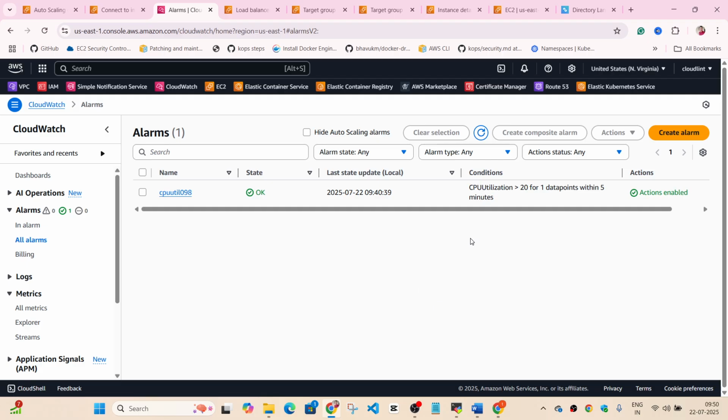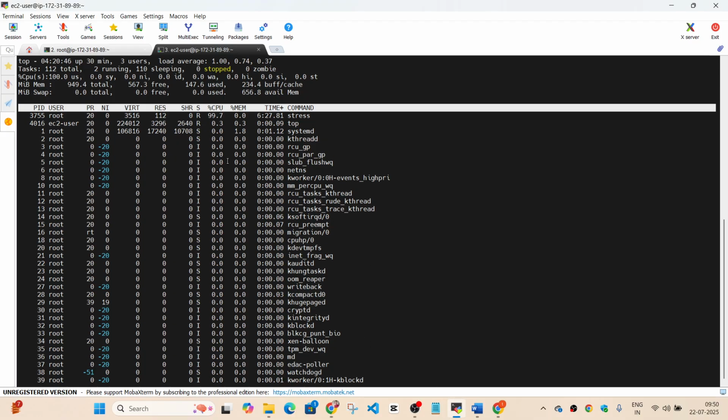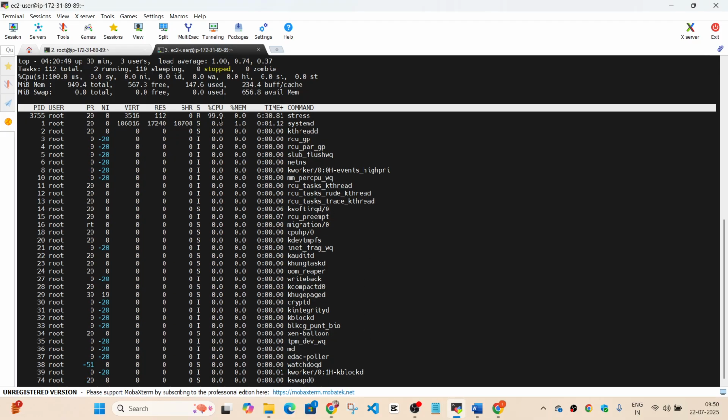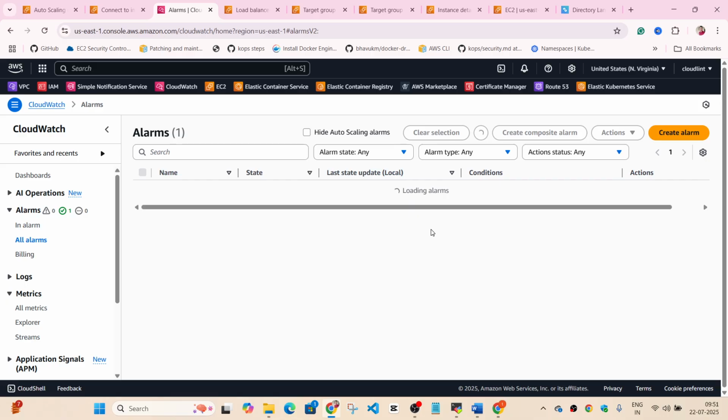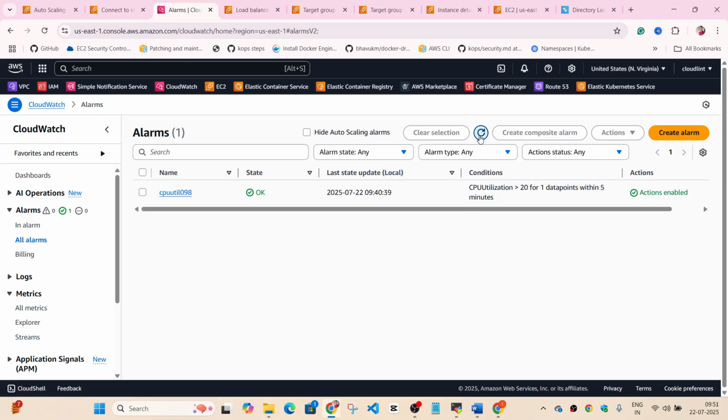I hope that there's no issue today, because yesterday I tested everything in the night and it was working. So let's just see. Looks like it's going to work, but CPU utilization is 99.7 of this test process. So it's consuming all the CPU now. Okay, I think there's some issue again.